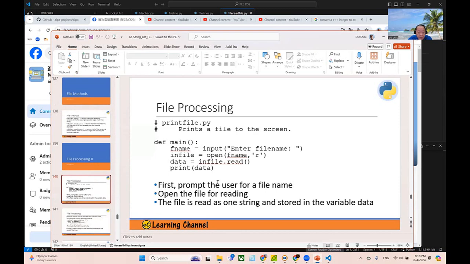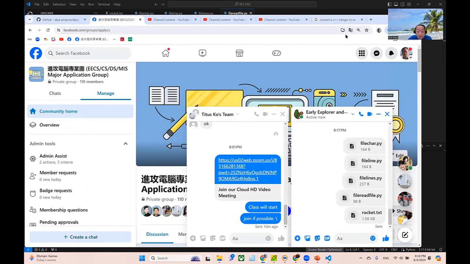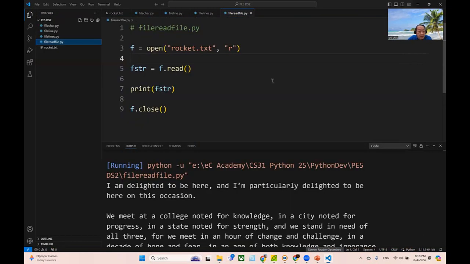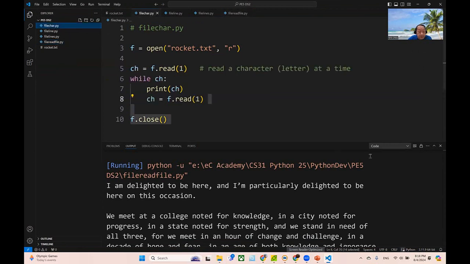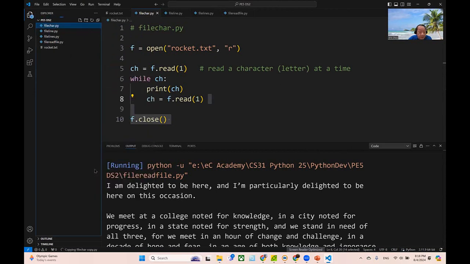Okay, and then you do file processing. We are going to do file processing. What kind of file processing can we do? Let's do it. Let's use read character. Based on this quick read character, we'll copy and paste. And this one,